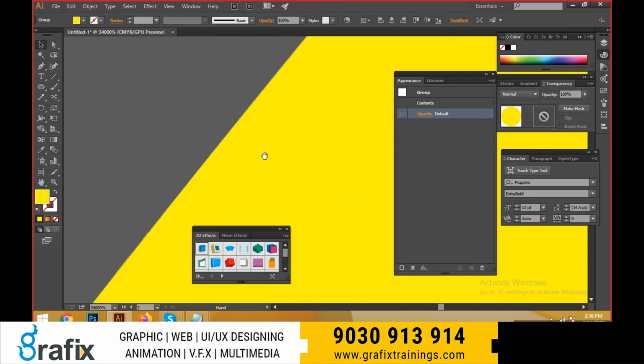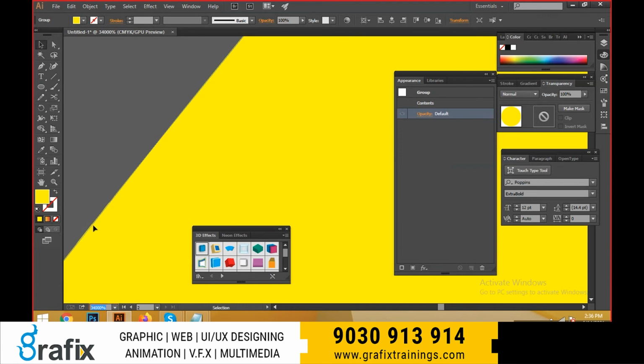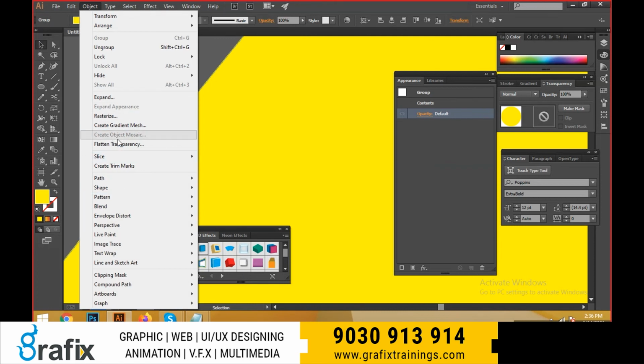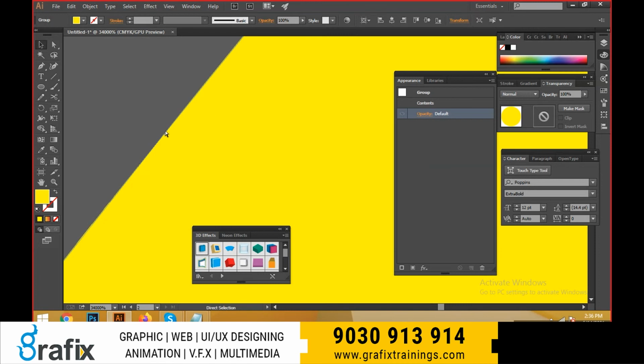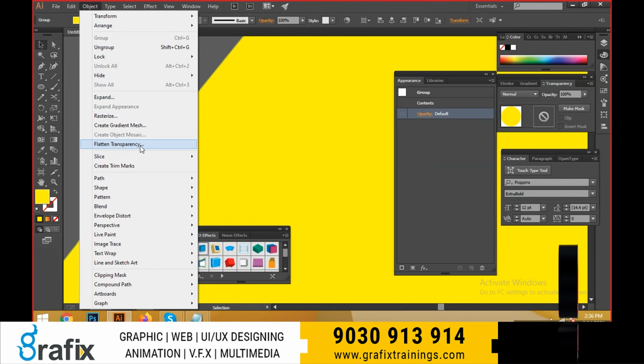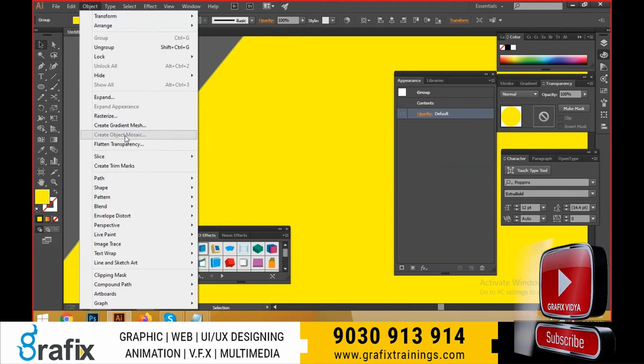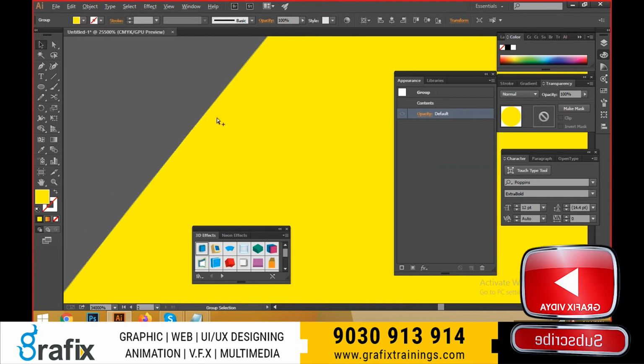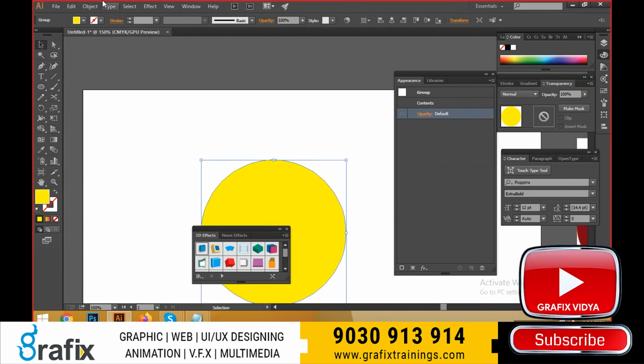I just make it as a long zoom. It's a 34,000 zoom level, but the edges are not pixelated. By means create flatten transparency is nothing but the same object. It should be an image format, but it should not be converted into a pixel format. It should be based on the vector format only. These are vector format, but it has been converted into a raster format. Flatten transparency means the quality will not be lost, but it should be an image format only. That is the option, but we don't use all these things at the project level, guys.